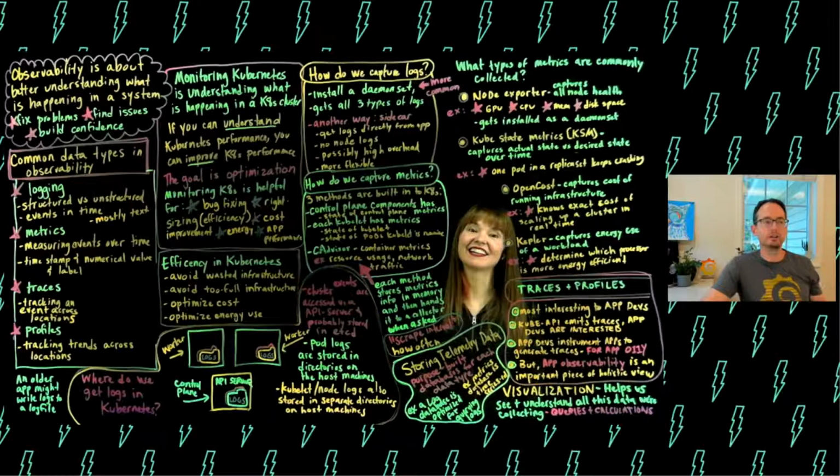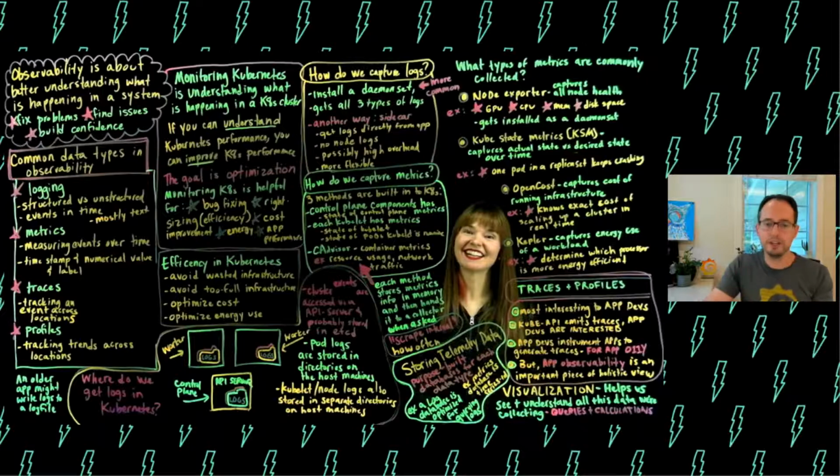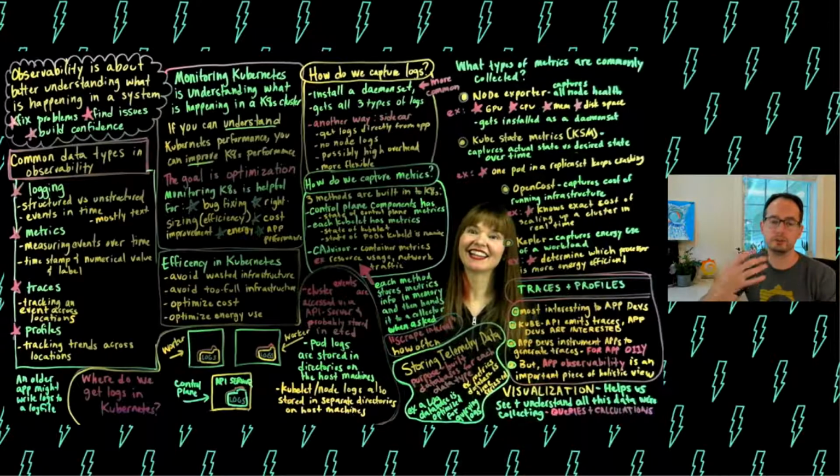But they all do really rely on each other. If I look at metrics alone, metrics could tell me that when people call this website, they're getting error 500s. But then I want to look at the logs and find out why. Or the users are getting a really slow response. I want to look at the profiles to tell me where the bottleneck is. But then I want to look at the logs and say, is it just poorly engineered, or is there a reason why that thing is slow? So they all lean on each other to give a full picture about what's going on there.